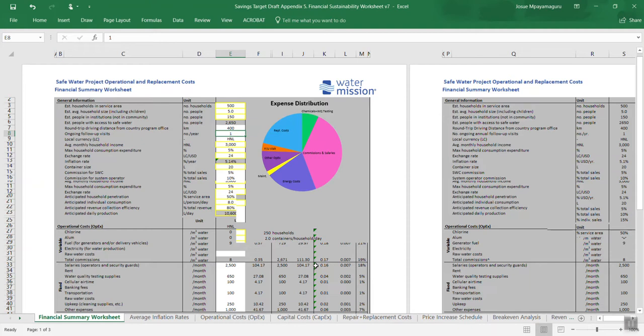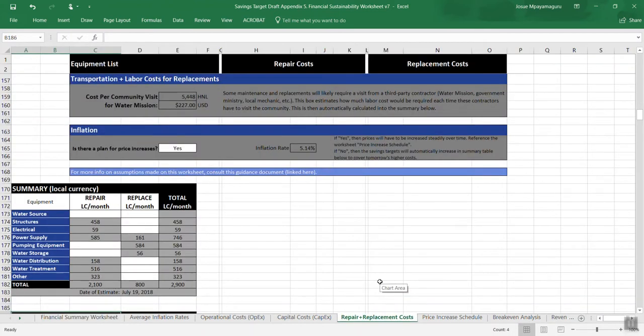That's just for general follow-up and checkup, and they may do some maintenance in that meeting, they may not. But there are also instances where the pump perhaps breaks and Water Mission is called up on the telephone, and then we go out to that community and incur expenses in paying to get there, as well as for the parts that we buy as well. So with that, there is some level of provision and estimation of cost for what a community visit to Water